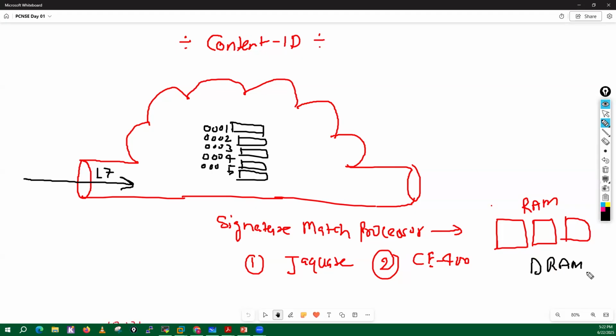Now, this Jaguar chip, as we know, is responsible for your app ID.